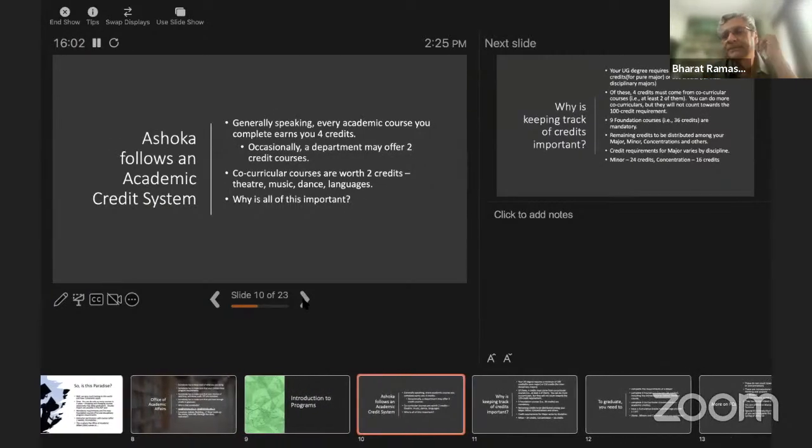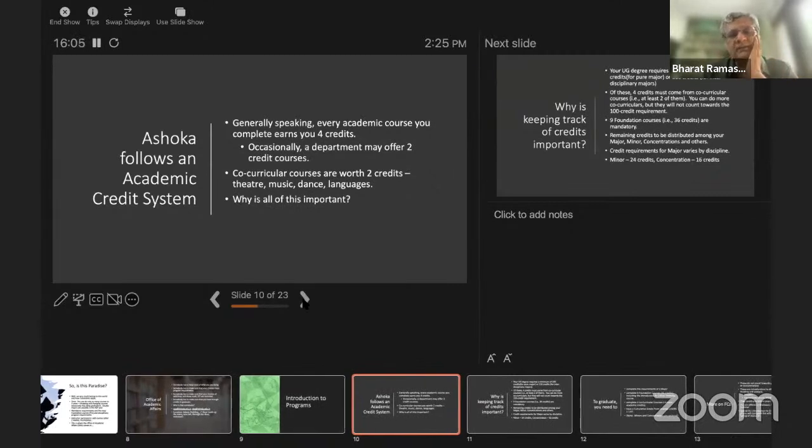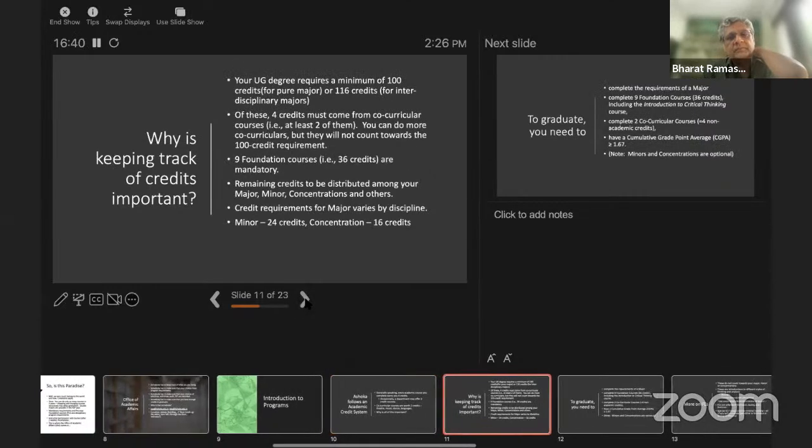And you would be familiar with this, that Ashoka follows an academic credit system. So every academic course you complete typically earns 4 credits. There are occasionally some 2-credit classes. Credits refer to the number of hours of contact time. Co-curricular courses are worth 2 credits, and they are in the realm of theater, music, dance, languages. And all of this is very important. Why is that? Because